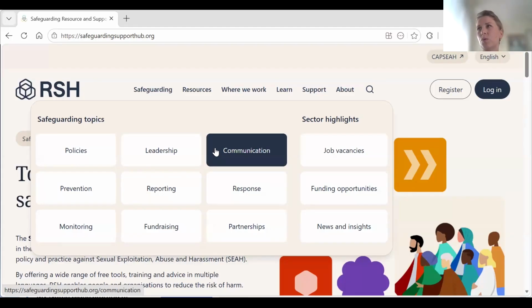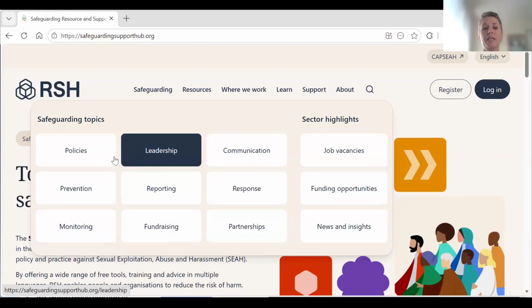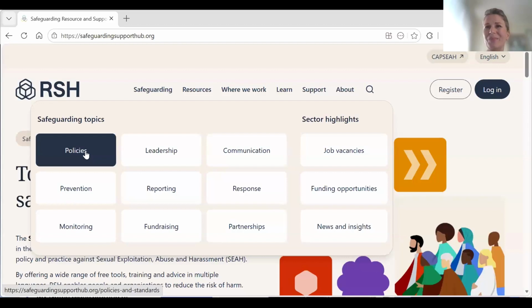So if you familiarize yourself with CAPSIA and agree with the principles and you want to implement it in practice, RSH really complements that well, because you will find all the practical resources here to implement the principles of CAPSIA in your organization.